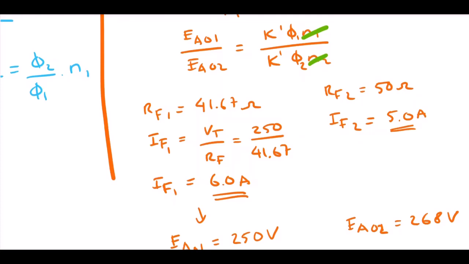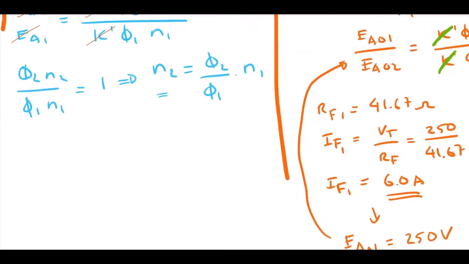Okay, therefore if we fit this information into this equation, we've got that 250 over 268 is equal to, remember that we can cross this n out as well, is equal to pi 1 over pi 2, and therefore now we have the value for this ratio,